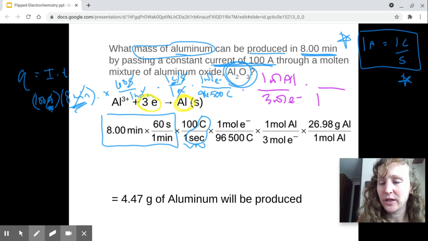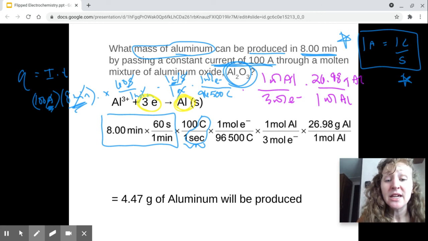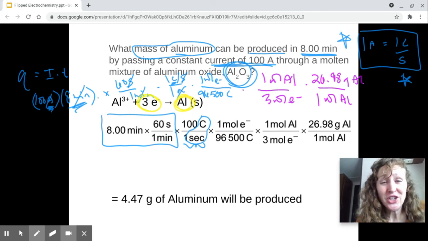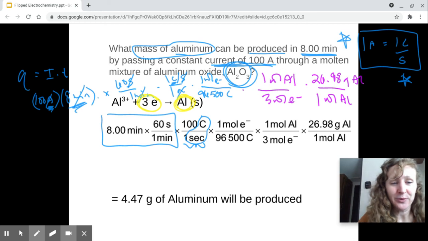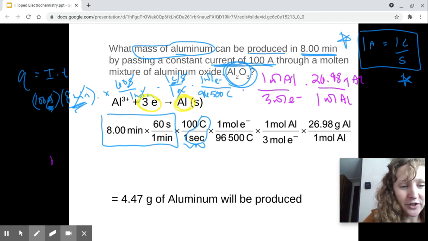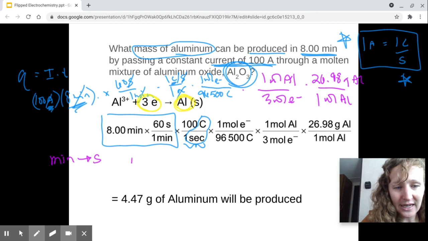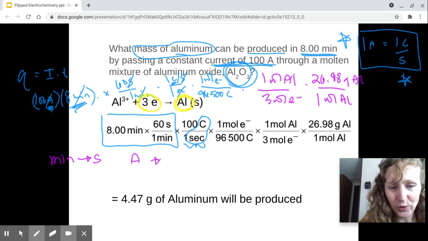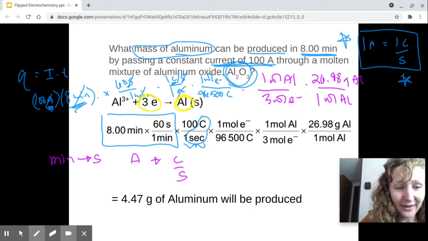And then 1 mole of aluminum on the periodic table is equal to 26.98 grams of aluminum. So it's just a giant stoichiometry problem, right? We did a couple conversions. We did minutes into seconds. We did amps into coulomb seconds. And those two together